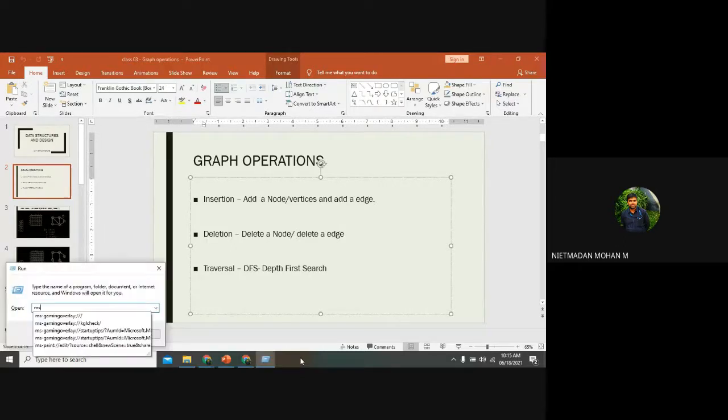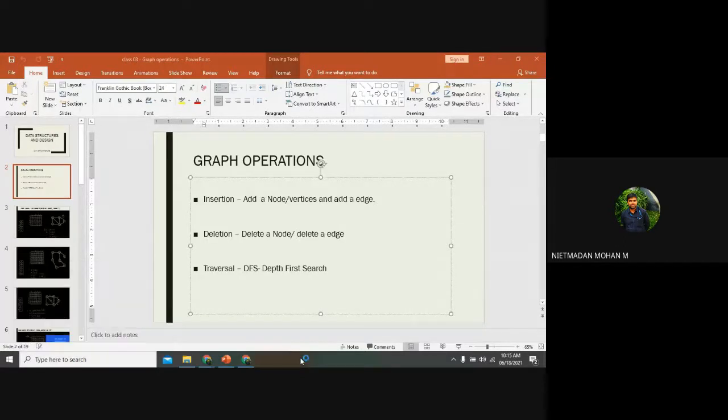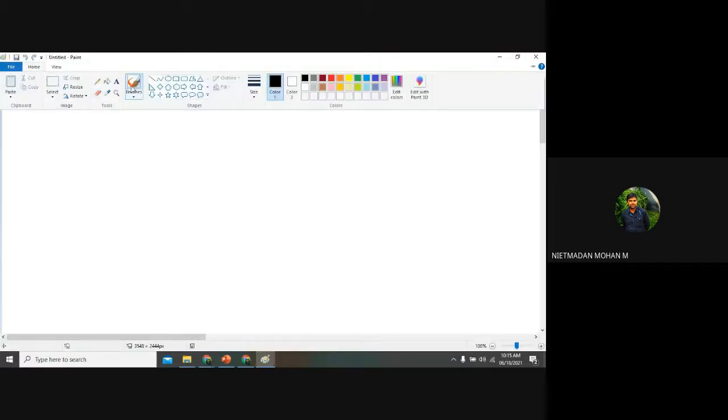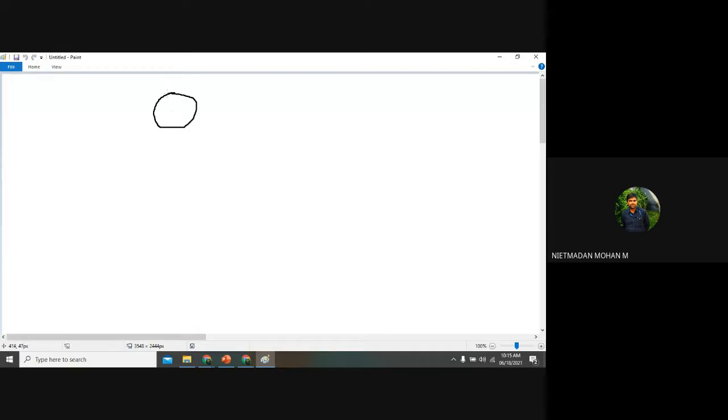Anyone? I gave an example in the previous class of how the graph representation will be. In that representation, if you are inserting a node, how will it be represented? So first condition: how many nodes are there?